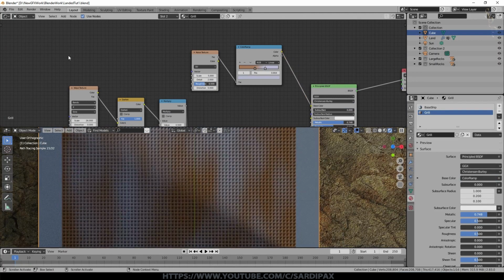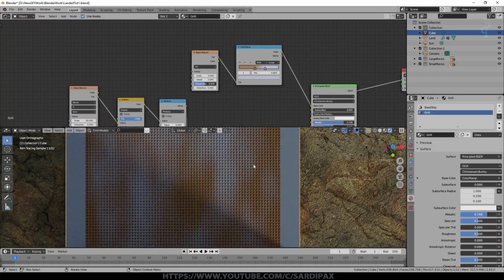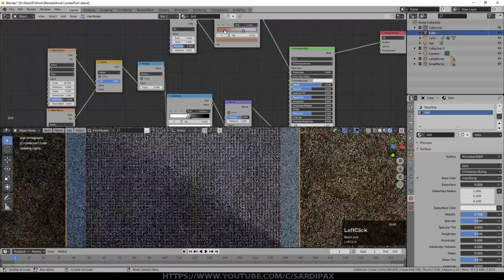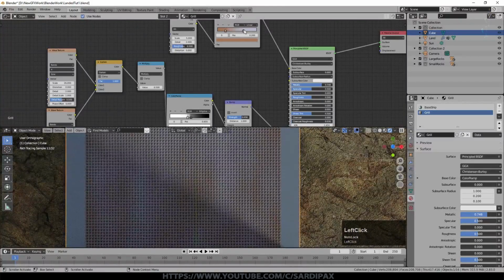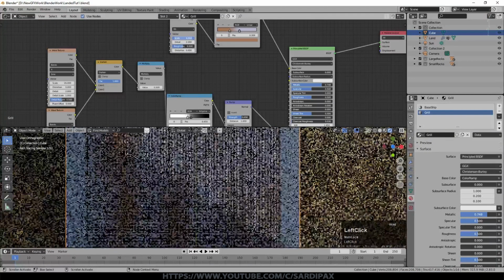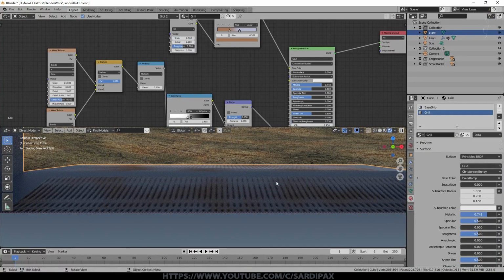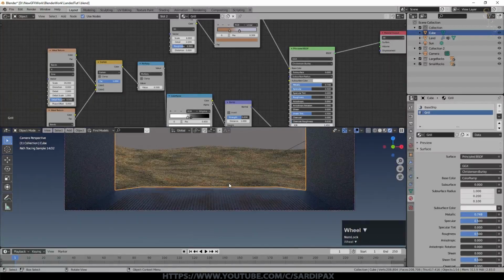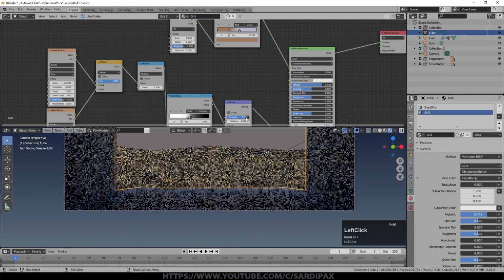Blender will generally assume you're using UV input, so it will generally work from a mapping standpoint, but sometimes you do need to put the texture coordinate in there. So you can see we've got some areas where it's the ship-based color and some areas where it isn't, and everything else I left at default. And you can play around with this in order to get more or less dirt effect, and change the scale if you want as well. So now you can see we've just got a little bit of dirt on our floor, but other than that, it's a grid. And perhaps turn that up slightly.